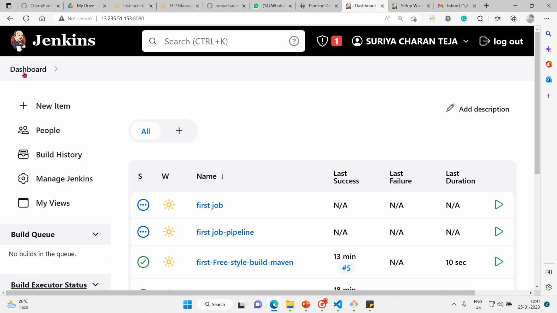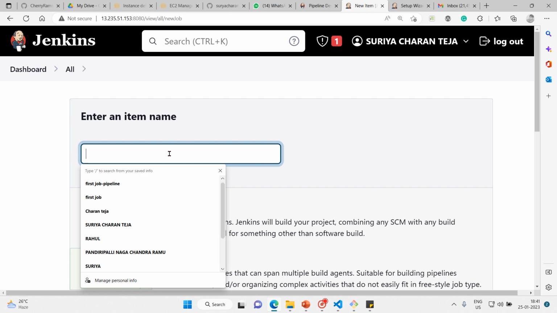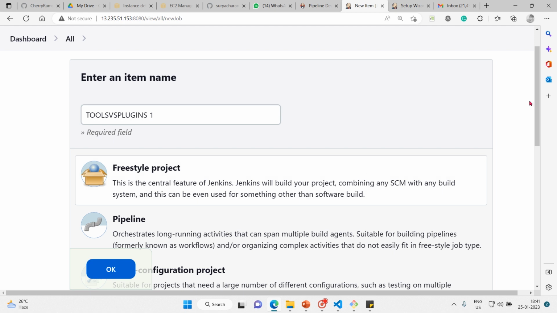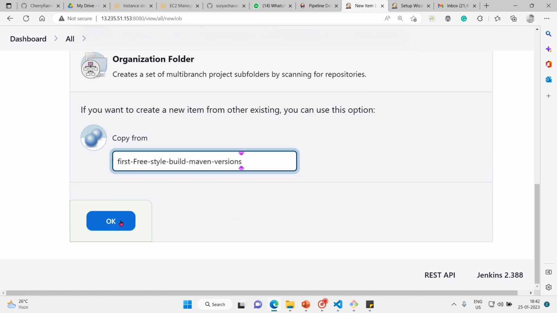Okay, let me create new item. Tools versus plugins, and freestyle project. Copy from first. Okay,